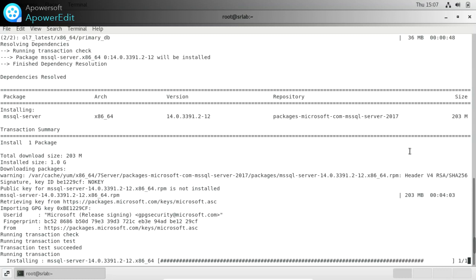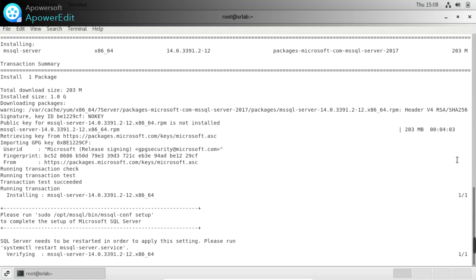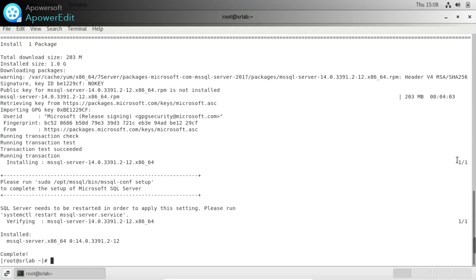Currently installing MS SQL Server 2017 version. So the installation got completed successfully. Next we will verify the installed version.